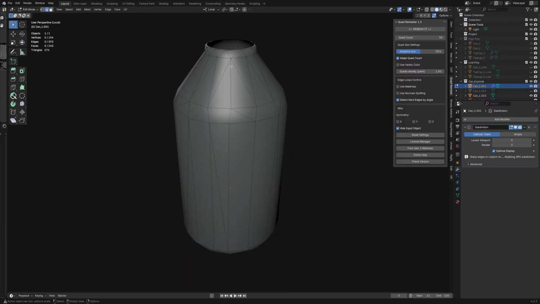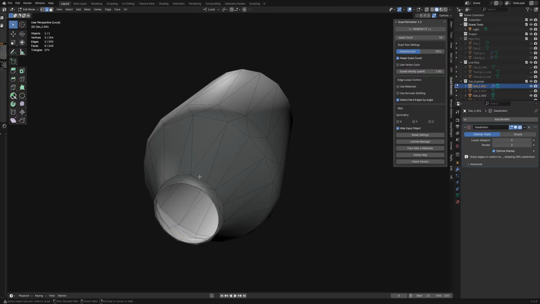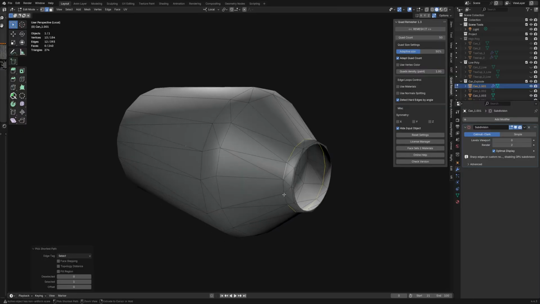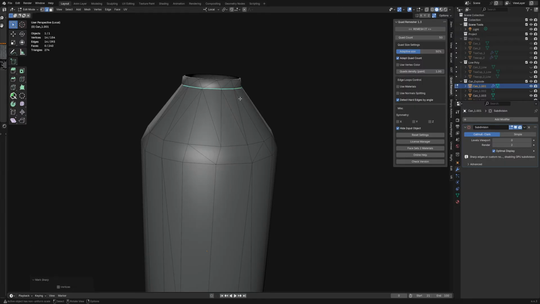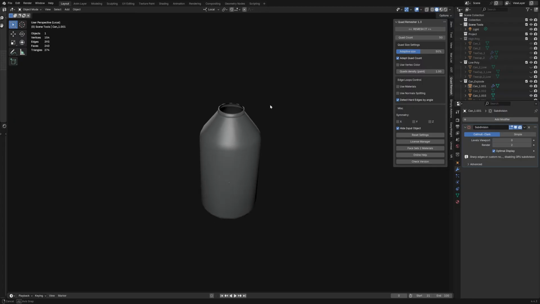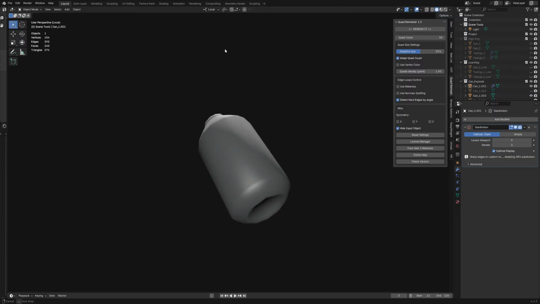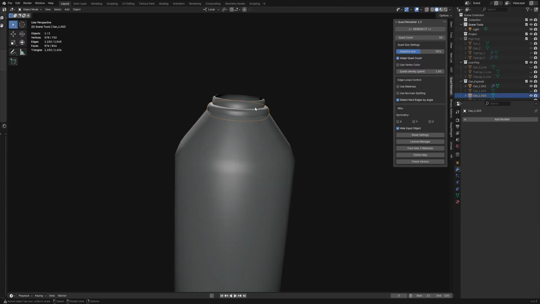There's apparently edge of vertices here too. And mark sharp here. And let's go back here. Let's save, and then